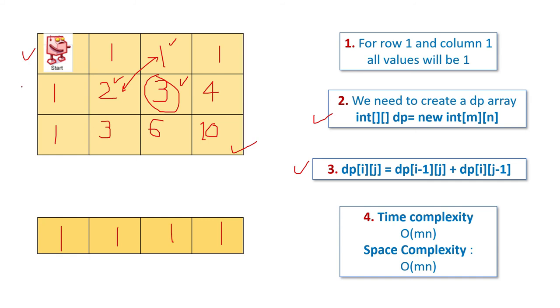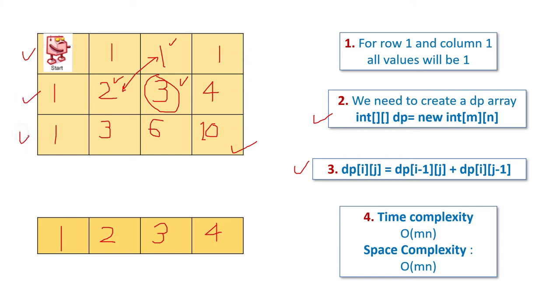So initially all will be 1 1 1 1. Here you can see, right, the first row. Then when the second row comes, the initial value will be 1 because in this column everything is 1. Then what we can do is add the current value with the previous one. So I have to remove this, and this one will become 2. Then I add 2 plus 1, that will be 3, and 3 plus 1 will become 4. I am updating in the same array itself. So this row is done.